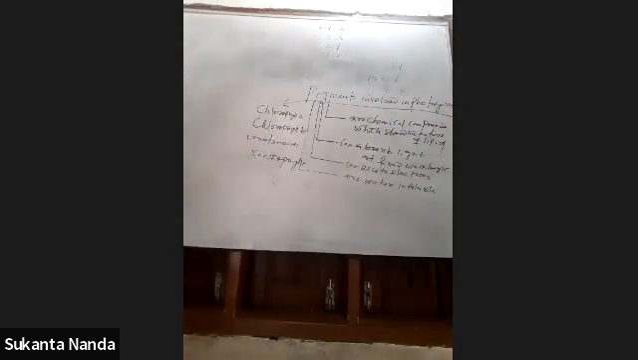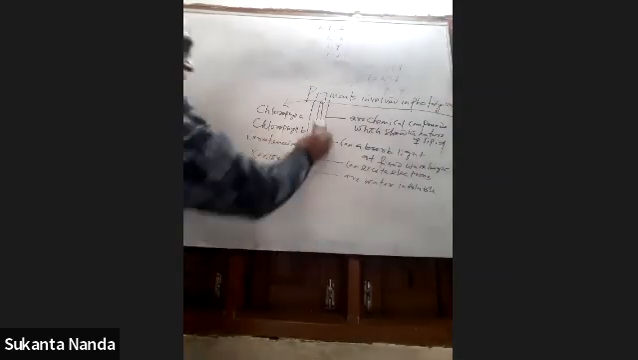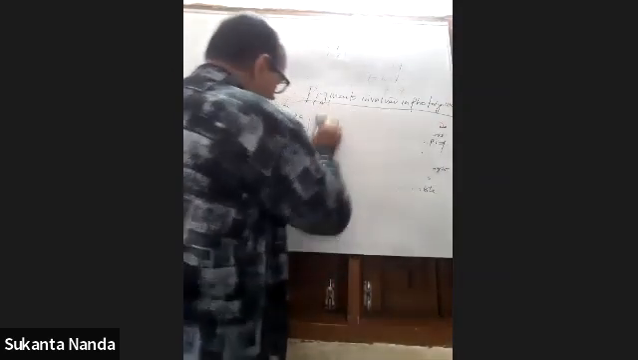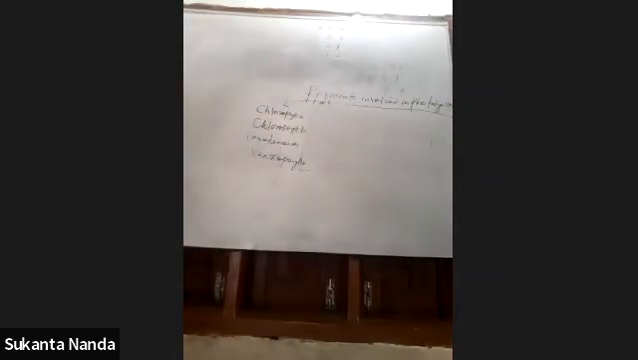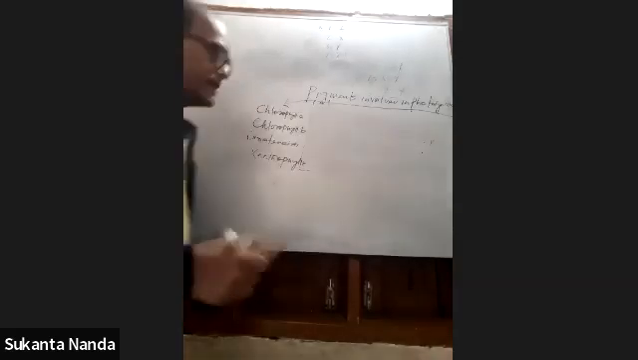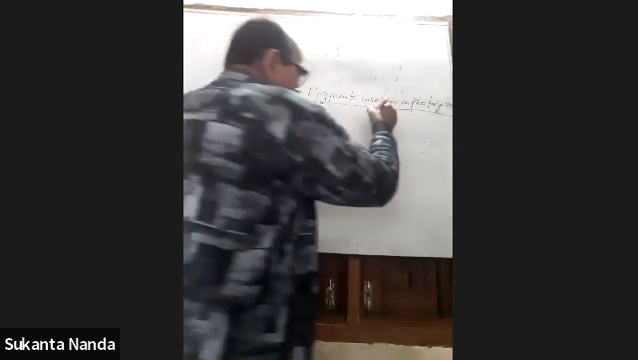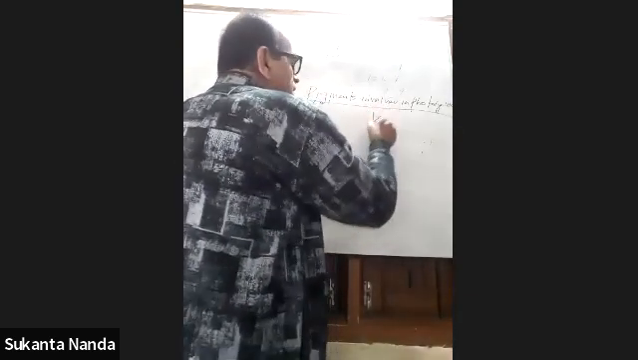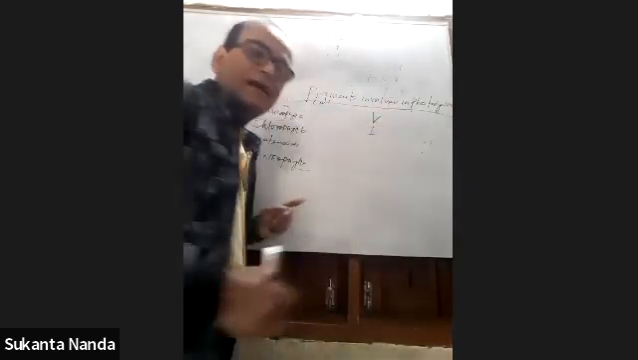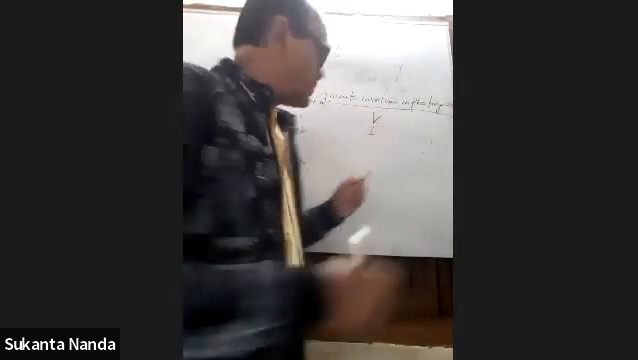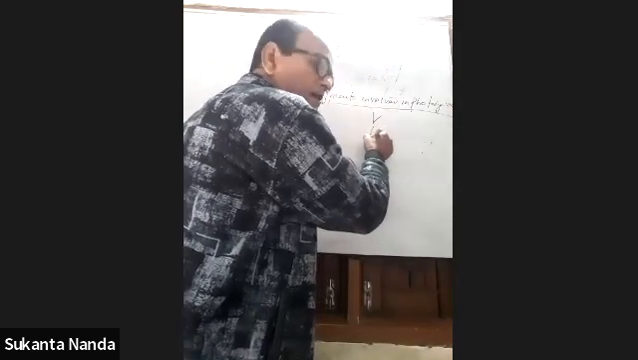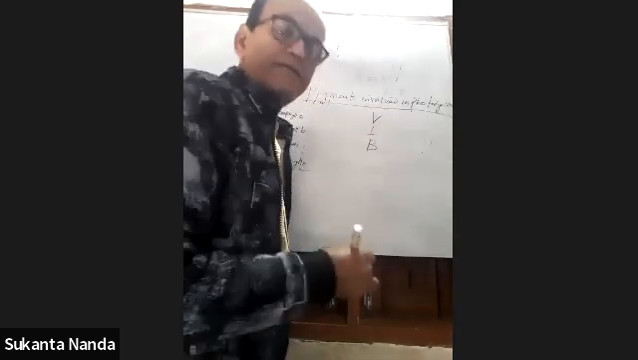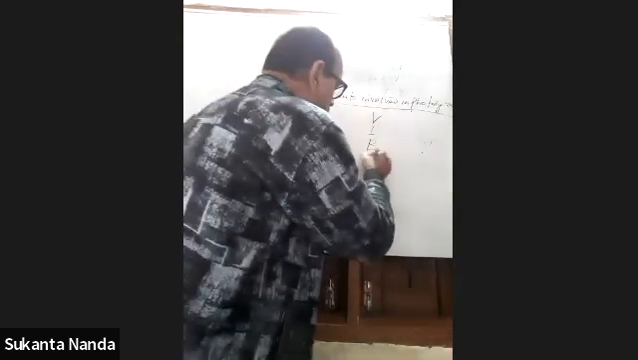Now I am discussing the color of the 4 pigments. You see that the spectrum of light gives you 7 colors. Yesterday also I told you: violet, indigo, blue, green,